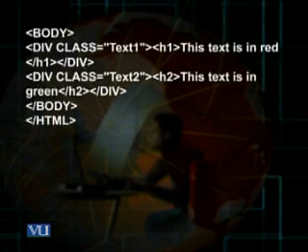You can see in the body tag I have used two div tags. With the help of a keyword, an attribute called class, I apply these classes on my text. So in the first div tag, class equal text1. Using the class attribute, I keep its value text1. You can see now I do not use any dot. I just simply write the class name. And then I start a heading tag in which I write this text is in red. I close this heading, I close this div tag.